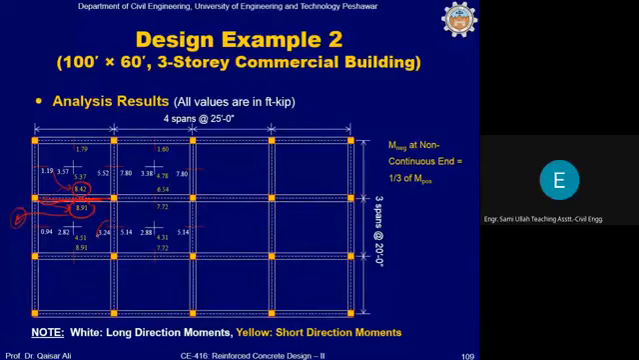Similarly, you can see the common support between panel 2 and panel 4. So one value will come from the panel 4 analysis and one from the panel 2 analysis. So 5.4 will be taken for the design. Okay. Similarly here, this value is coming from panel 3 analysis. This is from panel 4 analysis. So the maximum of these two, that is 7.72, will be taken for the design. Similarly, in this case,